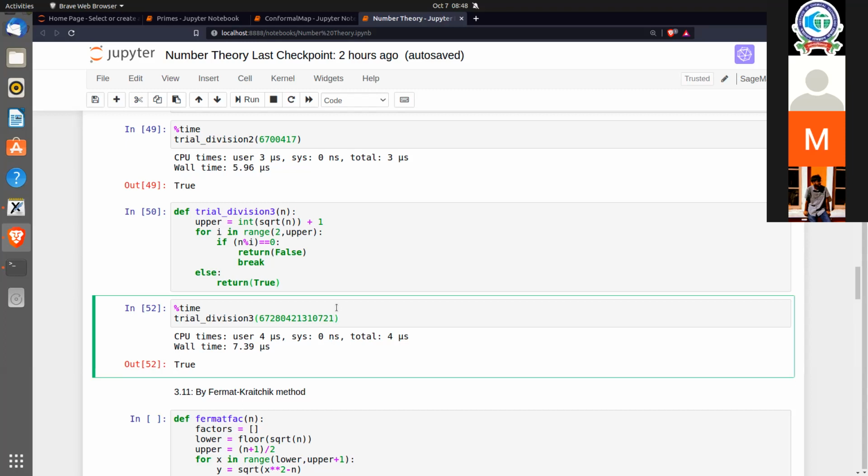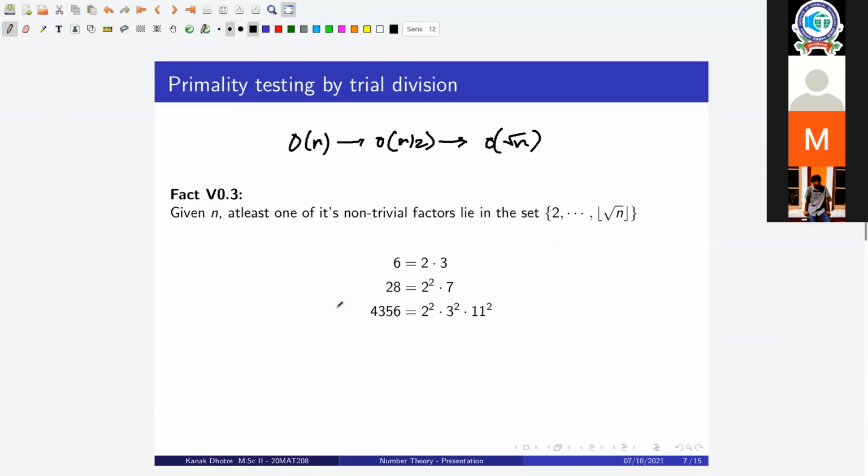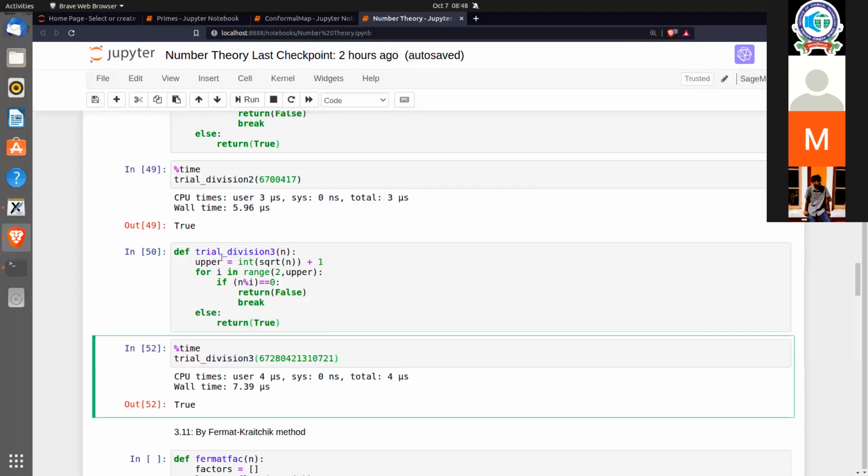Kanak? Yes, sir. Before going on, you told root n, it is sufficient to check from 2 to root n, right? Yes, sir, 2 to root n. But actually there's no need to check every number; it is sufficient to check only primes up to root n, right? Yes, sir. As soon as there's an increment in my list, I just break out of the loop, so I don't have to check through square root of n all the time. No, that is okay. I want to say that it is sufficient to check only primes up to root n.